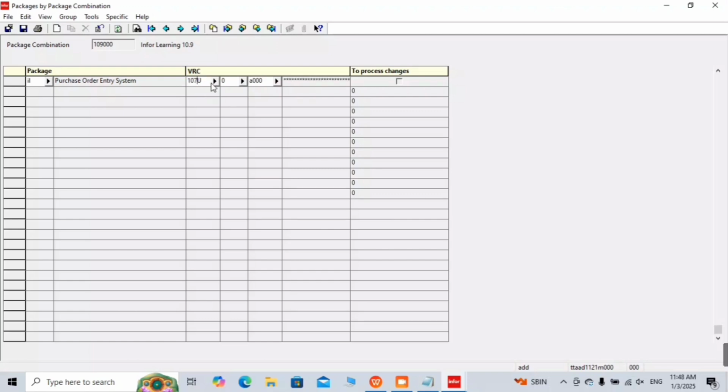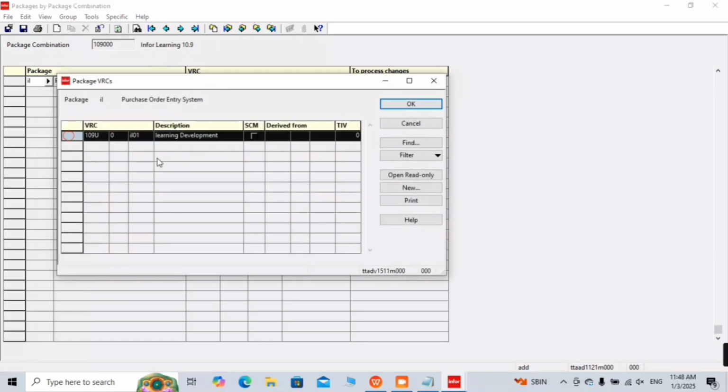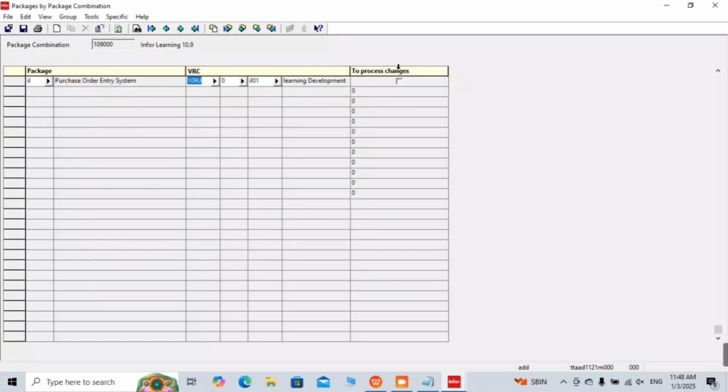So for that purpose I need to change this VRC. 109U is my VRC, 109U0 IL. So this is my VRC, and I need to specify the VRC. Now I have specified the VRC. Before doing that, if you see here in the down or in the up, nothing is showing as of now. If I save this,